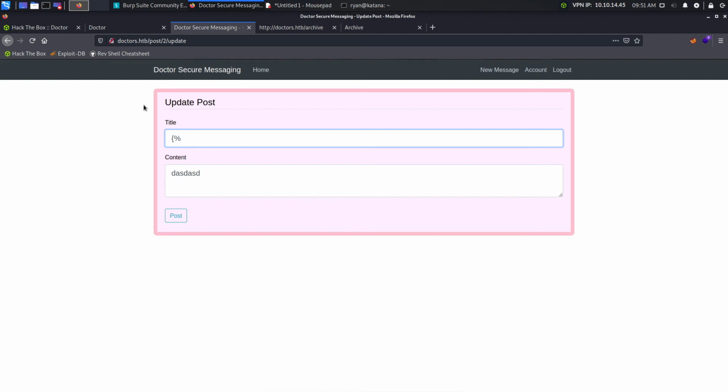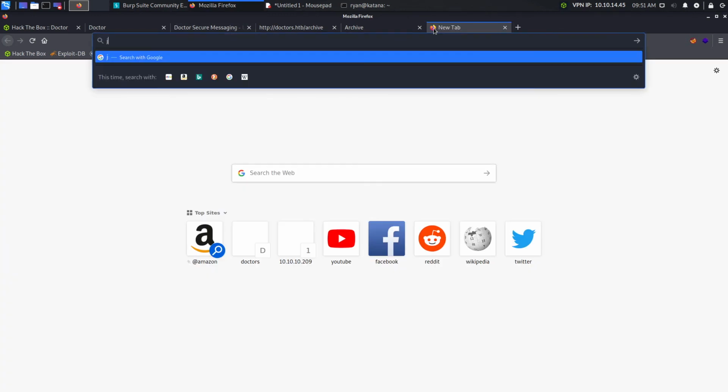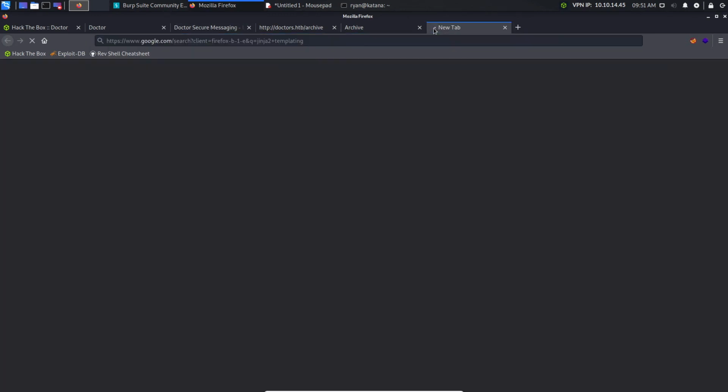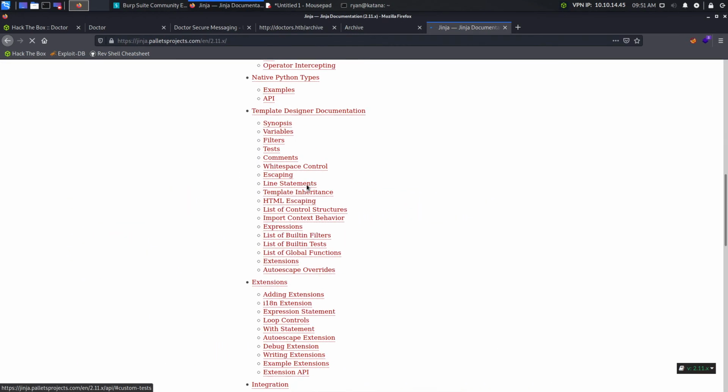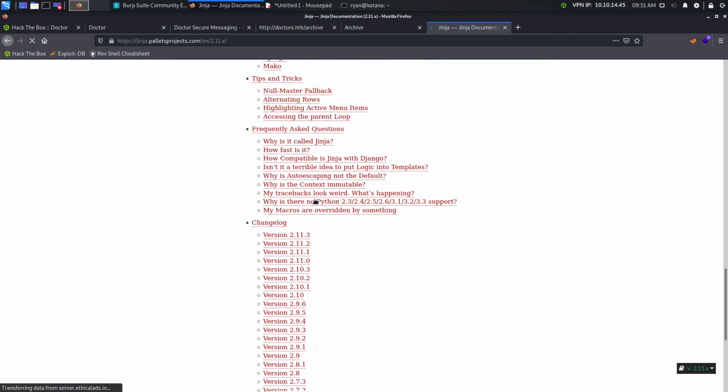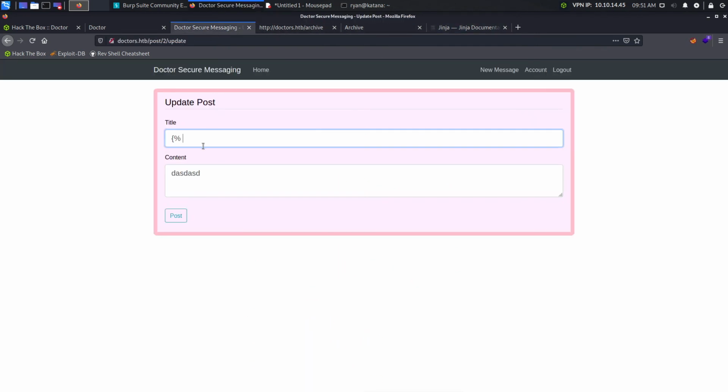And you can actually go and Google this. You can Google Jinja templating, and there is the documentation. It explains exactly how it works and when you want to use which templating styles, etc. But for now, you can do this curly brace and a % sign, do some control flow, and we can say